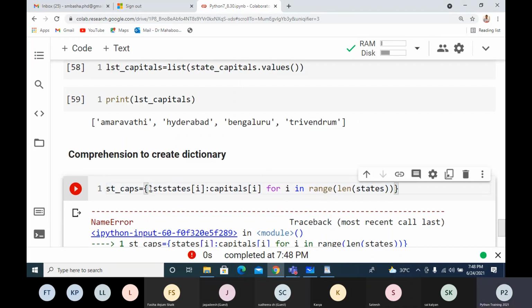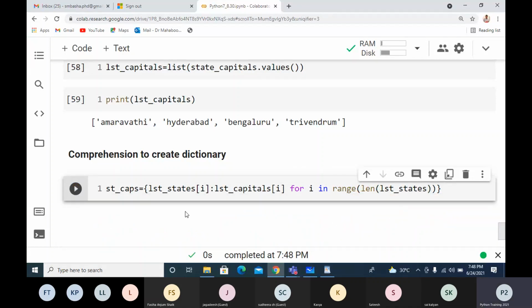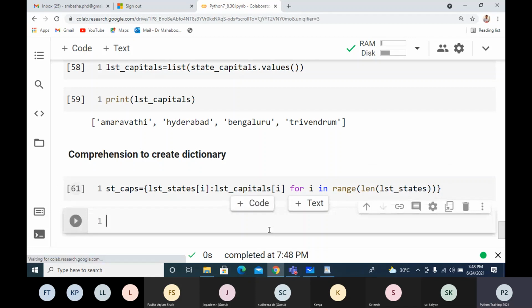So LST states, LST capitals for a range LST states. Yeah. So we can create a dictionary using comprehension from two lists.